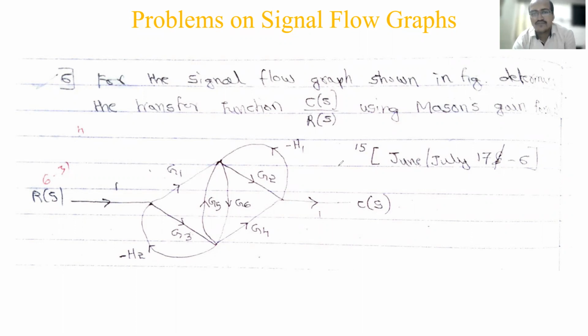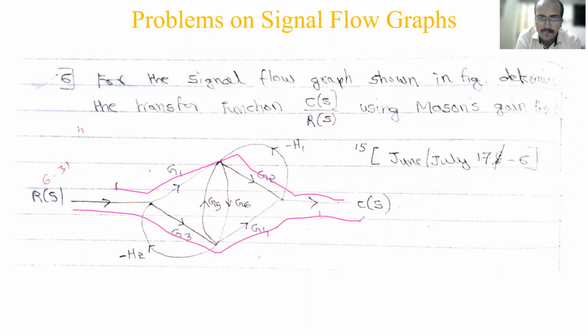Now here, as everyone told, 4 paths. It is rightly pointed out. The first path is the straightforward one, as you have already done in the previous class: 1, G1, G2, 1. So this is your first forward path. Similarly, the second forward path is G3, G4. Then, as you have pointed out, G3, G5, G2, you can go like that. And the same way, G1, G6, G4. So these are the 4 different paths you have.